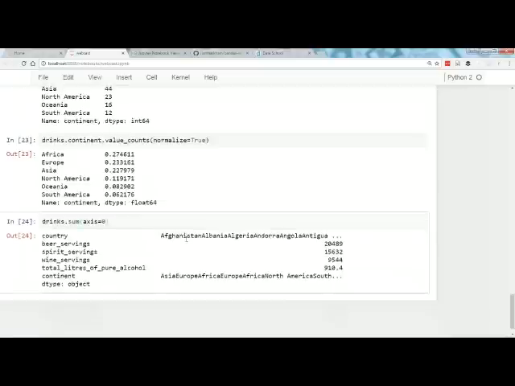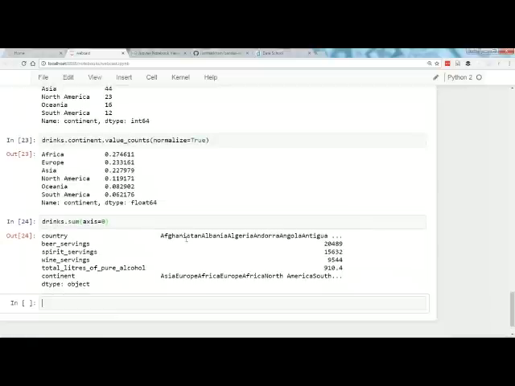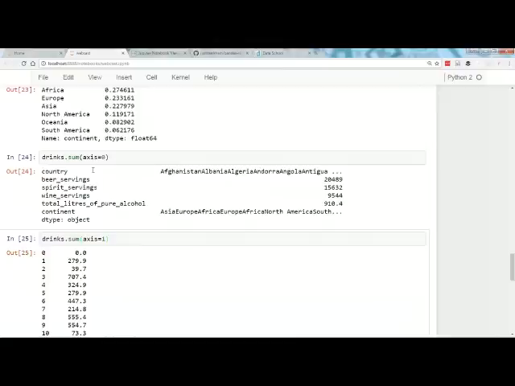drinks.sum(axis=0), and drinks.sum(axis=1). So those are totals. This is a sum over axis 0, so it's essentially what I would call the column totals, but some people might call them row totals. I'm not sure what the proper terminology is. These are the inverse. This is moving across from left to right, taking the sums of those numbers. So those are how to get those pieces of data separately.